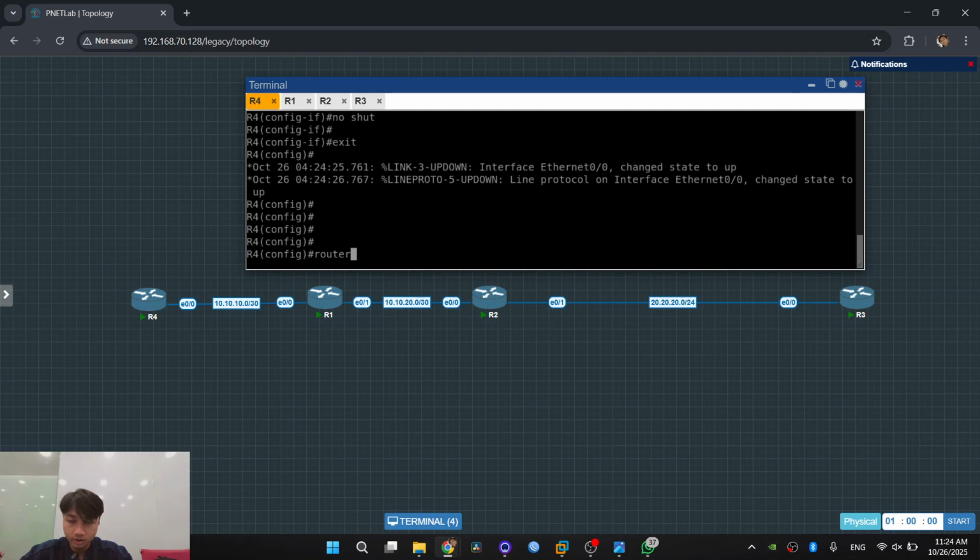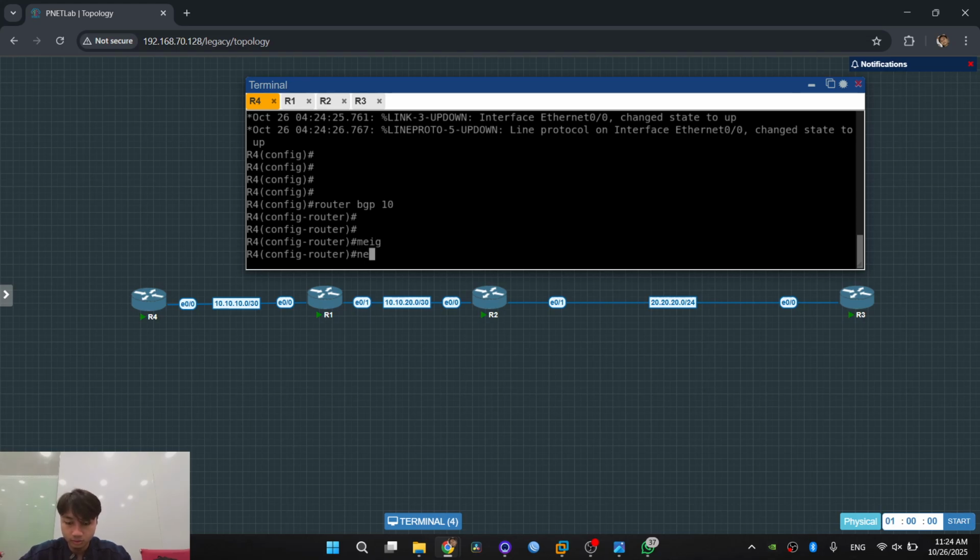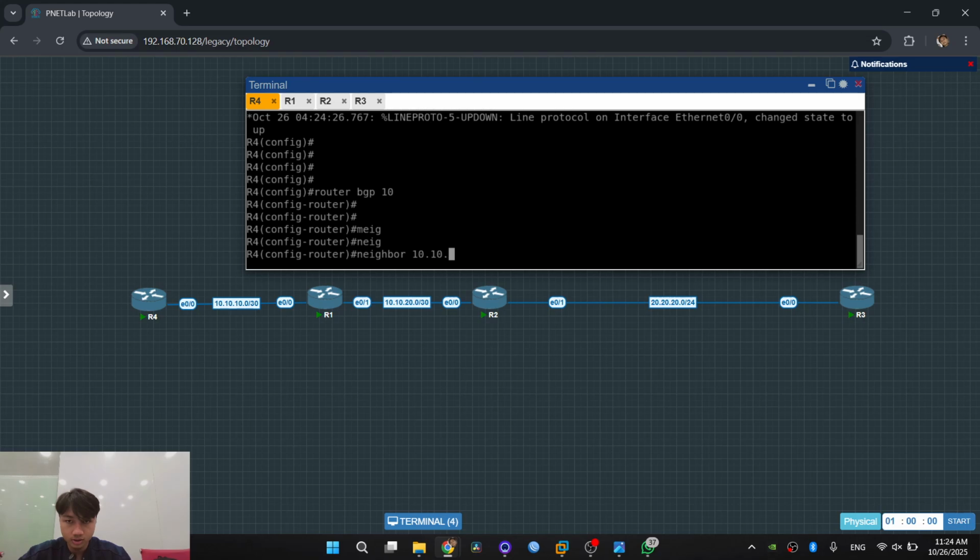And we set the BGP neighbor. This is the IP address of the other side of this router.